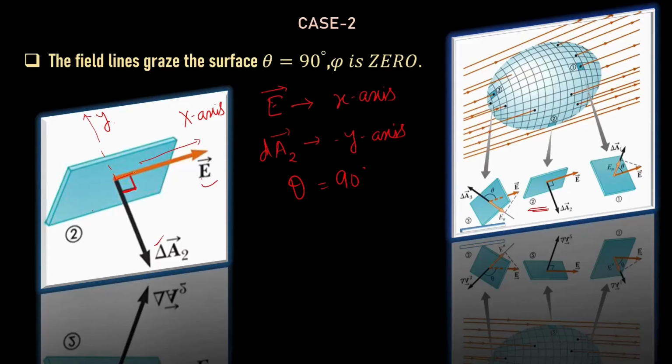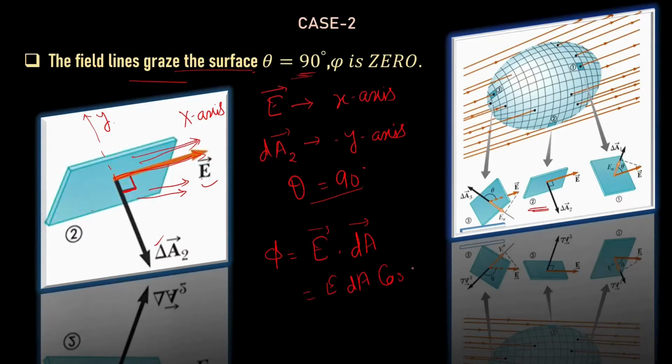So in such a situation, what we are observing is that the electric field lines just graze the surface. The electric field lines are not crossing, they are grazing the surface, passing over the surface like that. Is it clear? Whenever they just graze the surface, theta becomes 90 degrees, and if we put this in the same formula, E dot dA, on expanding the formula comes out to be E dA cos 90 degrees, and cos 90 degrees is 0, so no electric flux will be associated. That is, the flux associated will be 0 when the field lines just graze the surface or theta becomes 90 degrees.